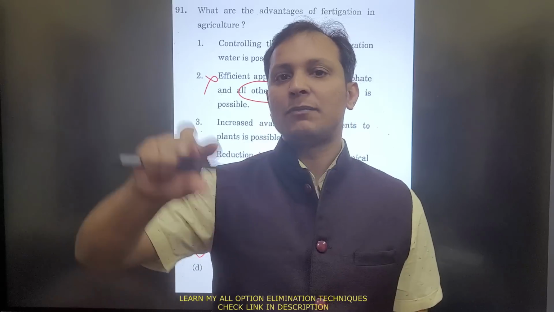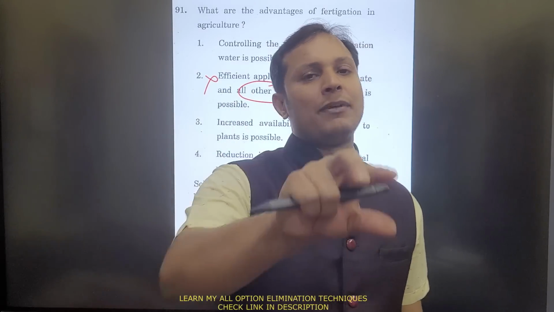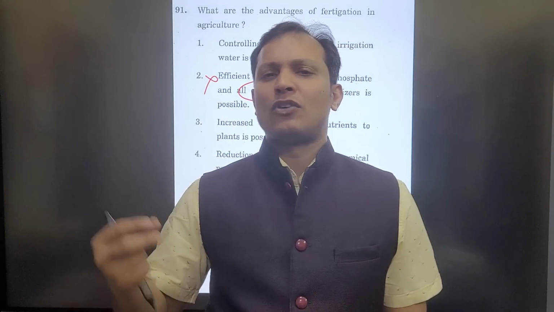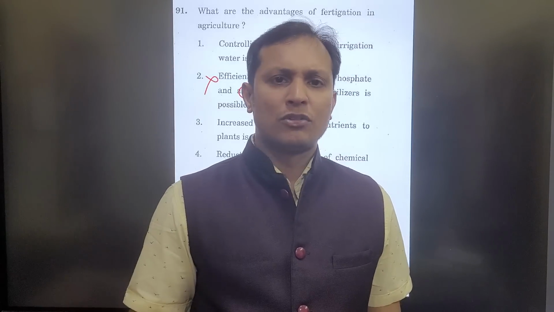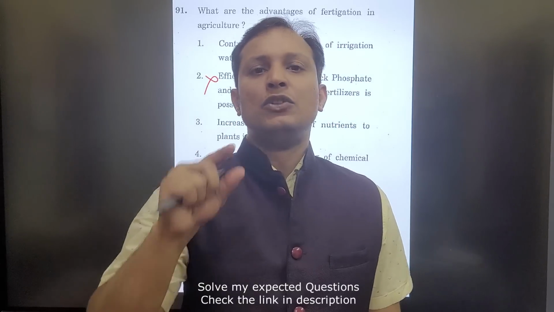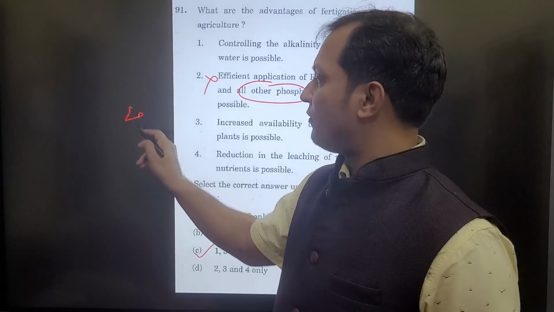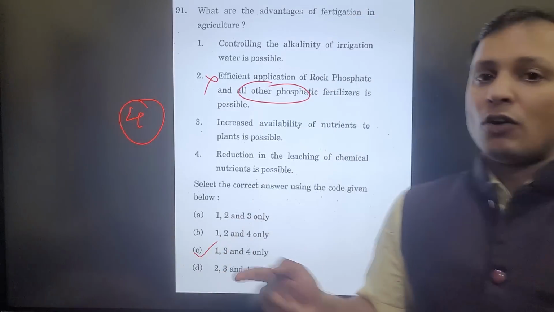Many of the people know techniques in a fragmented manner, and they apply them in a fragmented manner, and they are able to solve just 1 or 2 questions. Sometimes they do more wrong. But now I am going to solve all agriculture questions of a single year using elimination tricks. 2 questions I have solved, so 4 marks I have already scored just by elimination tricks in one section.